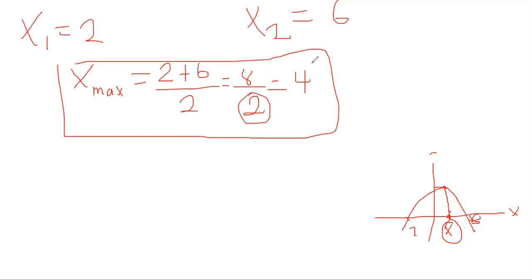Once you do that, you will see that this value is very important, because it's the point at x that maximizes the value of this function or equation. Once you have this 4, we substitute it back in the equation. But before we do that,